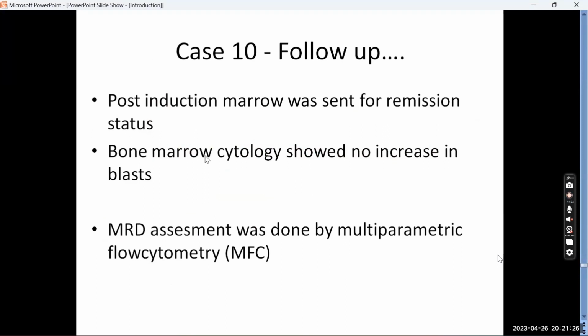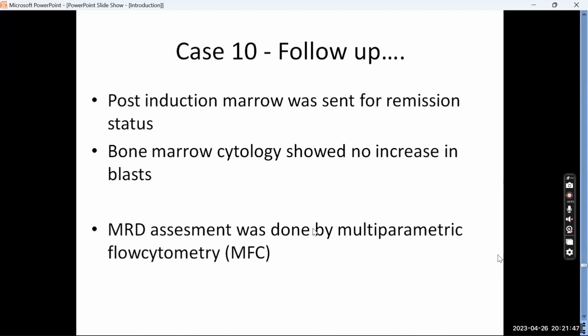sent to us. Bone marrow cytology obviously showed no increase in blasts. There were only normal cells, and then we did MRD assessment. So what is MRD? MRD is minimal or measurable residual disease. That is, you diagnose a case when the blast count is around 90%. Then they go for treatment,